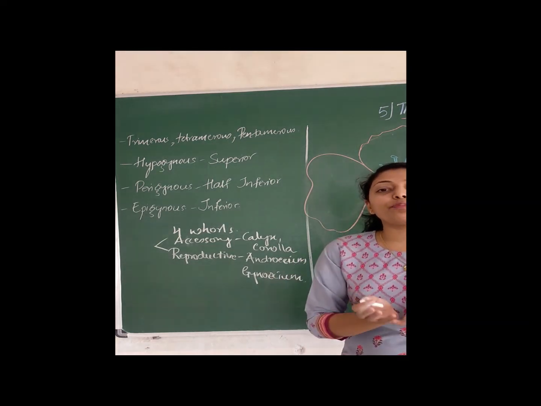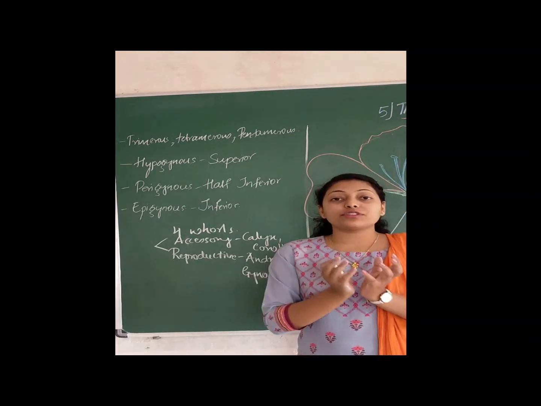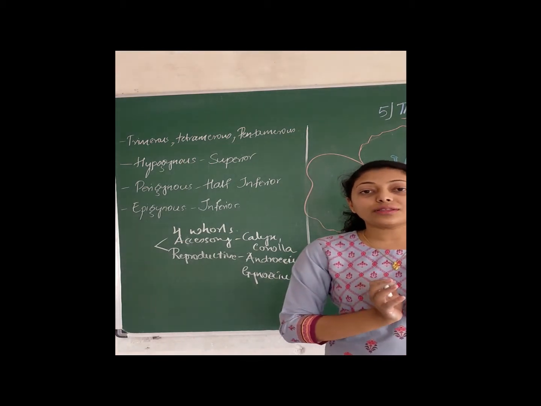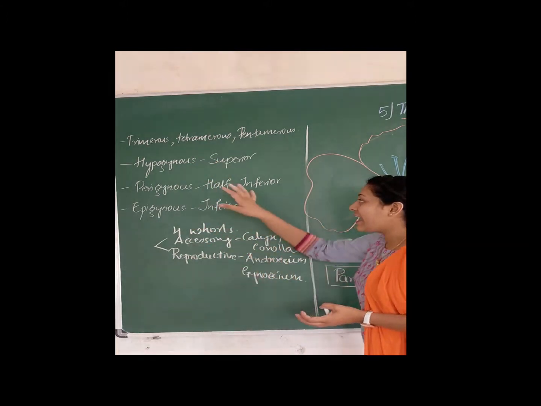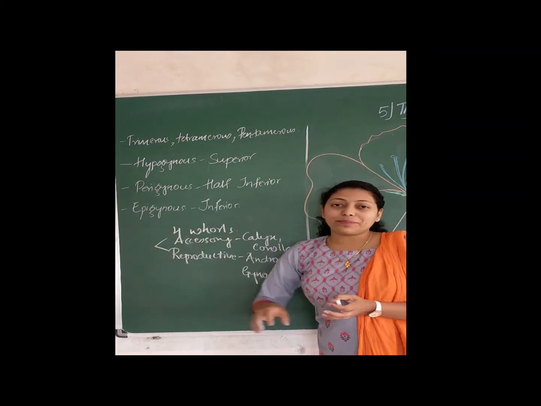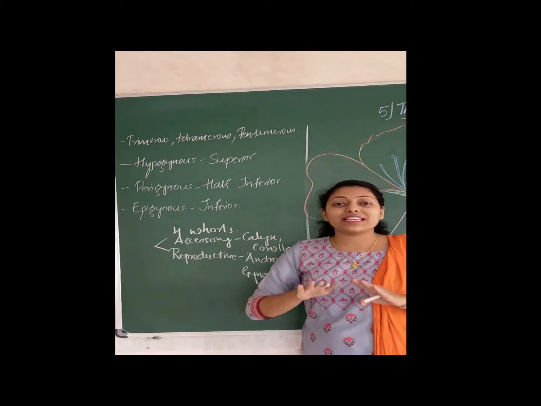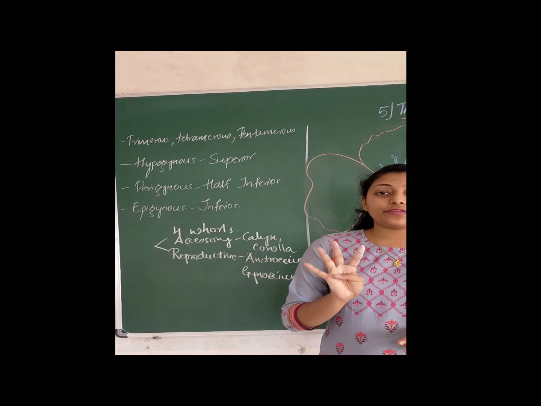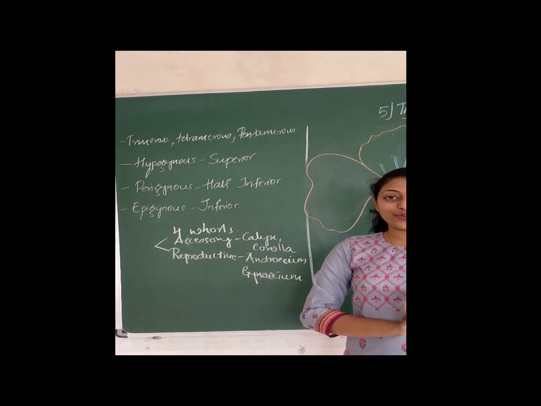So on the basis of position of these whorls, how the whorls are attached, where is the position of ovary, where is the position of stamens, on the basis of the position of 4 different whorls, a flower can be called hypogynous flower, perigynous flower and epigynous flower. In hypogynous flower, hypo in the sense everything is limited downwards. We heard about 4 different whorls, those are calyx, corolla, androecium and gynoecium.